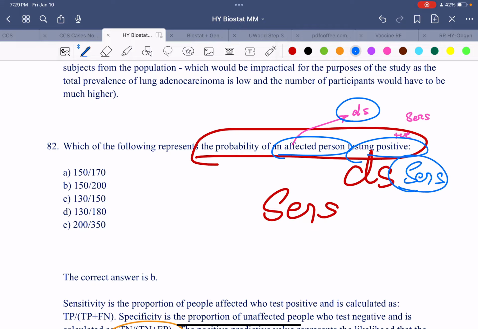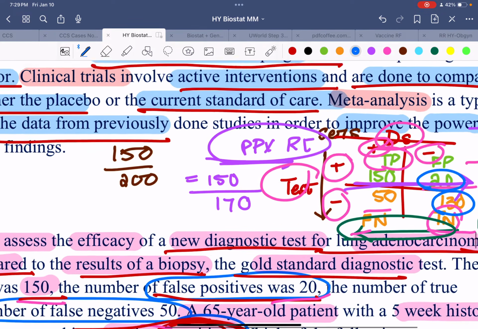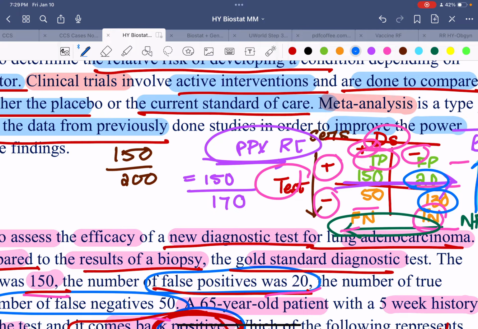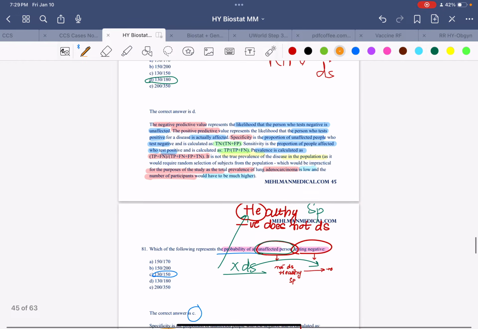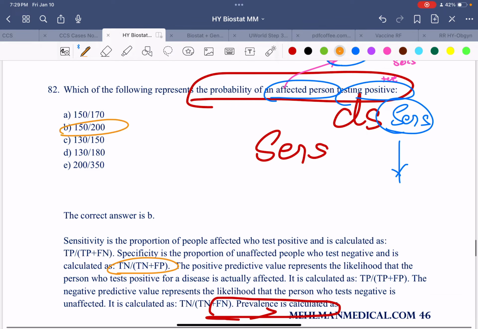And how do we calculate sensitivity? You calculate sensitivity by going down. So how do you do it? Let's go back to our 2x2 table and go down and calculate sensitivity. We will go down, and in going down we can see that 150 divided by 50. So our sensitivity would be 150 divided by 200. So let's see if there's an option of 150 divided by 200, which will be our correct answer, B for